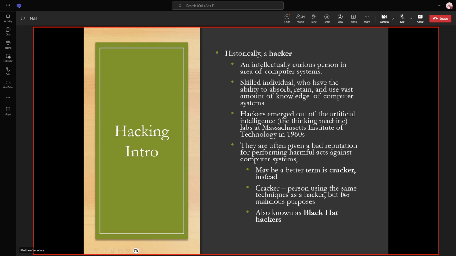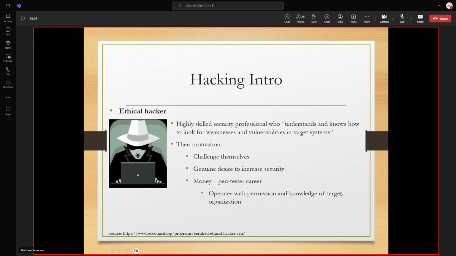But there have been attempts to rehabilitate it, and ethical hacking is one of those, because it's recognized that it serves a good purpose when it's used in an appropriate way. The ethical hacker is really someone who has those same skill sets, sometimes maybe a little bit less because they can't cross certain lines.